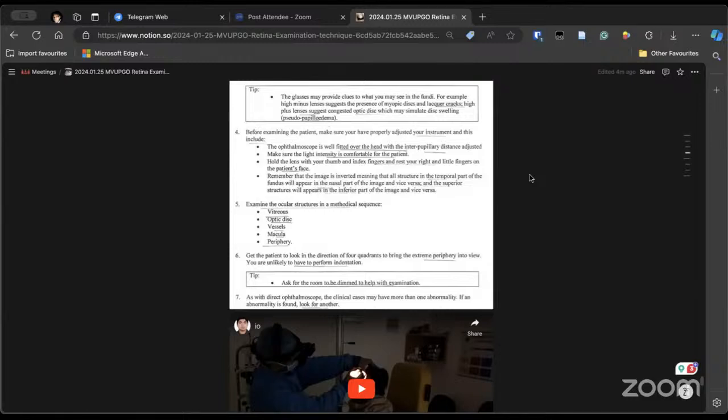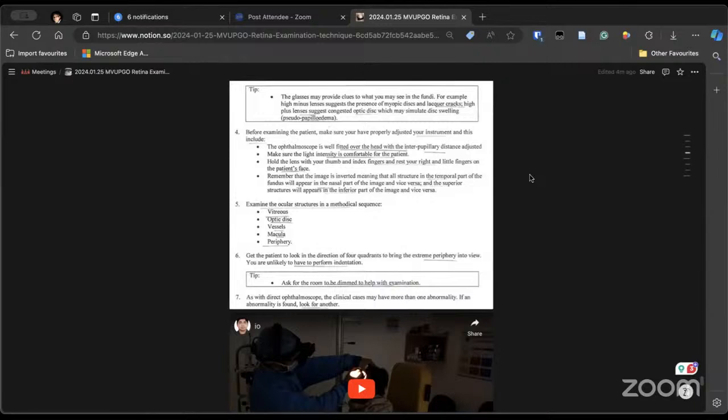So if there is pigment and there are flashes and floaters, what is the chance? What is the percentage chance of the patient having a retinal break or detachment? 75%. Yes, 70 to 80 or more percent. So at least 70% to 80% of patients will have a retinal break, so you will have to examine for that. In the vitreous, you will look for clarity, like overall diffuse haze or any opacities. Most vitreous abnormalities will be seen in the inferior part, because gravity pulls everything down.